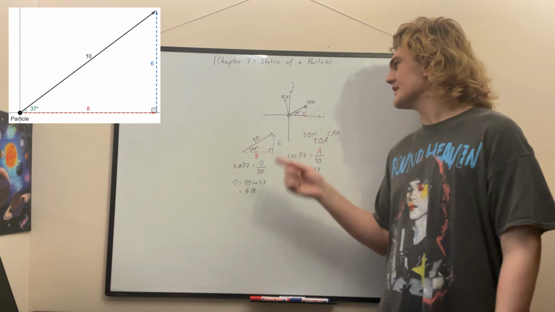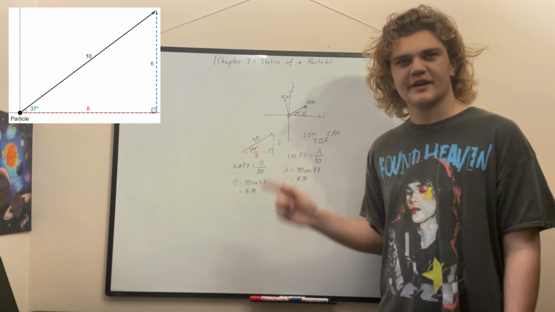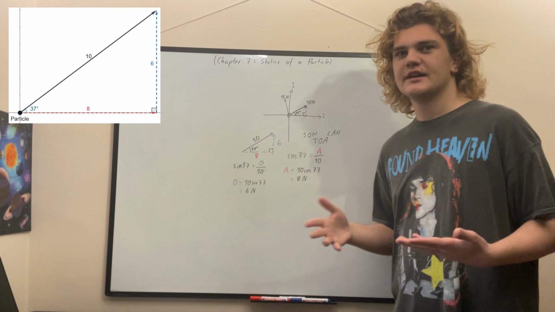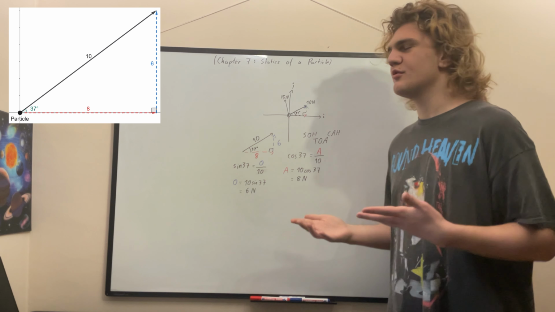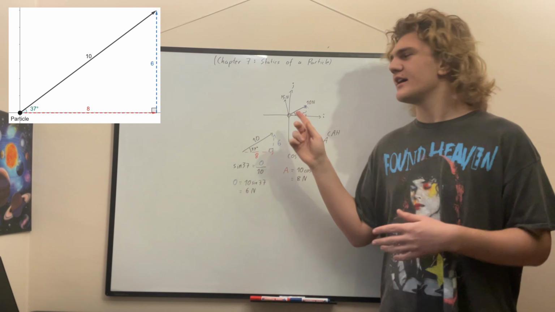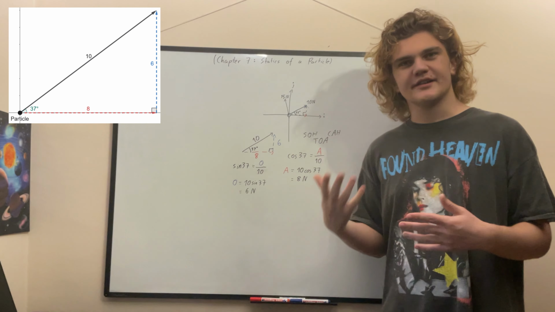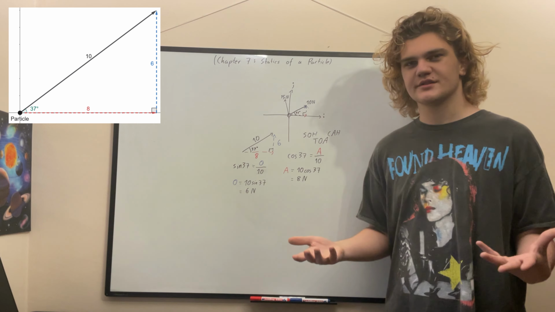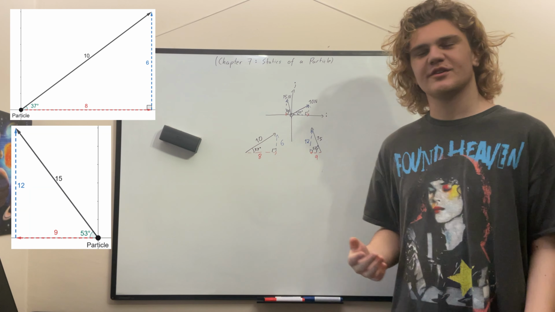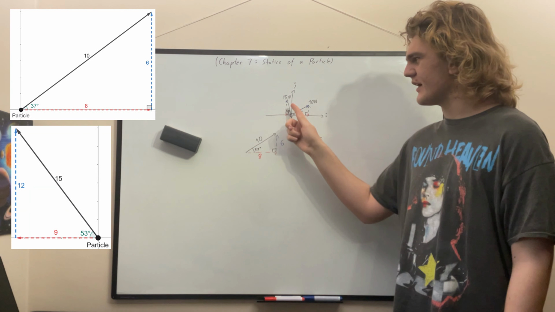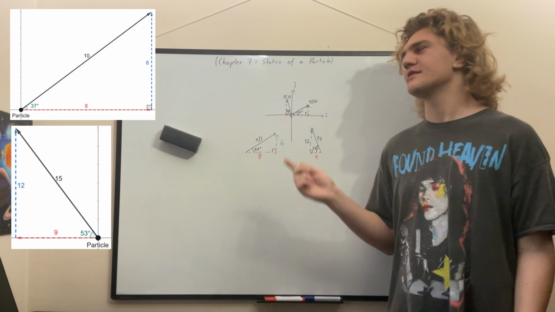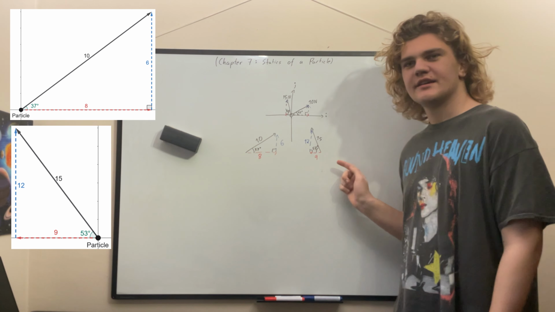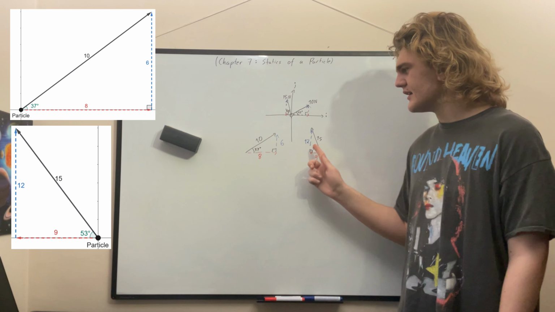Well, what's cool is we can also do this with the other vector. If we're given the angle, which I didn't include here, but you would, or you'd be given something else to help you work with, you could create a triangle for this vector too. And then you could deconstruct it into these two parts of horizontal and vertical. So if I were to use my trigonometry again for this vector, and I were to tell myself this were, for example, 53 degrees, I could find out that the horizontal part will be 9 and the vertical